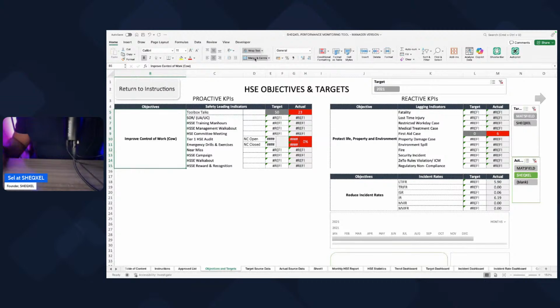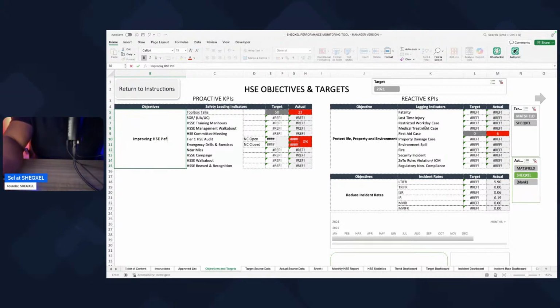Now there has to be an objective, and these are the KPIs, the leading indicators. So we need to get a good name for it, right? So if you have toolbox talk, observation tracking, let's just say improving HSE performance. That's the objective. Want to improve HSE performance